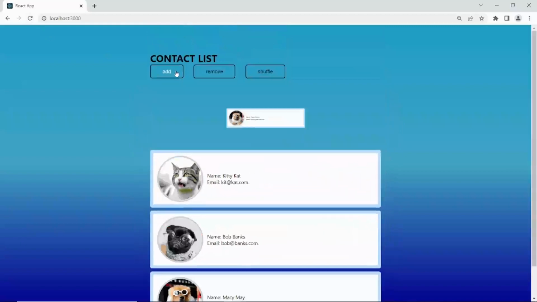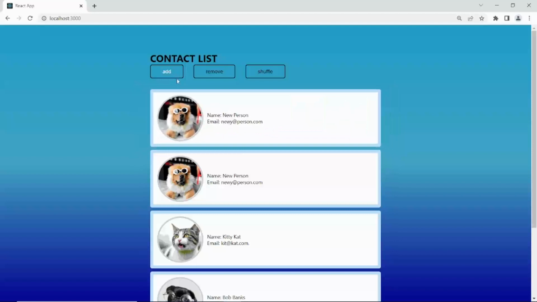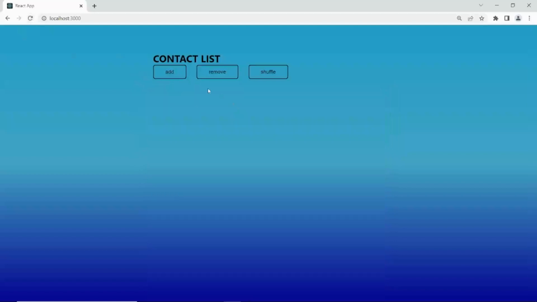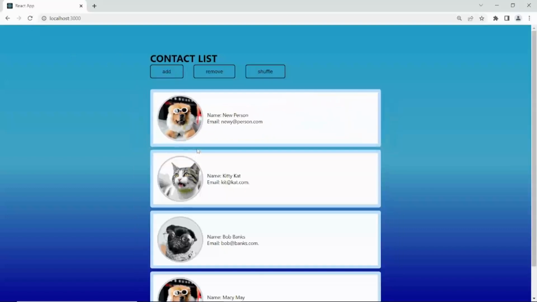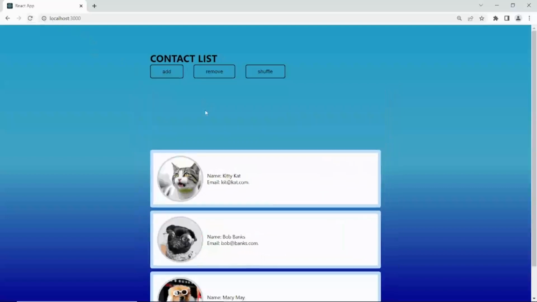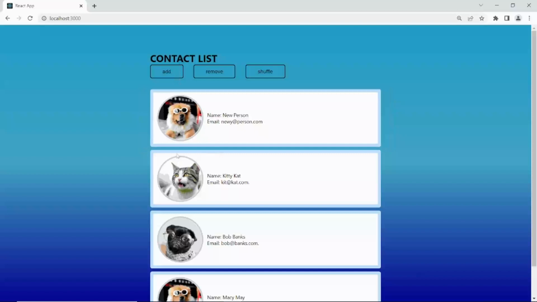So if I refresh, as you can see, when you add a new one, these items are not animating. There's a sharp movement, and then this comes in. So that's what we're going to fix next. We're going to make it smooth. We're going to get everything to move smoothly down, and this will animate in slowly.